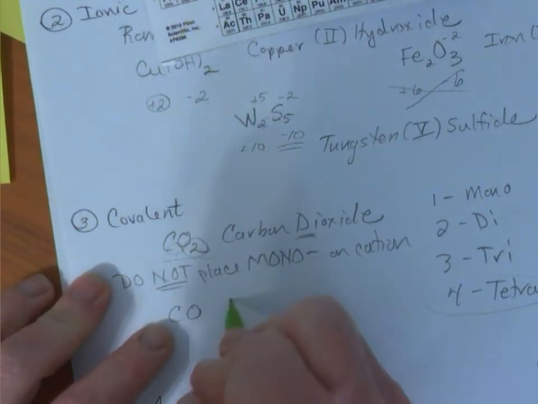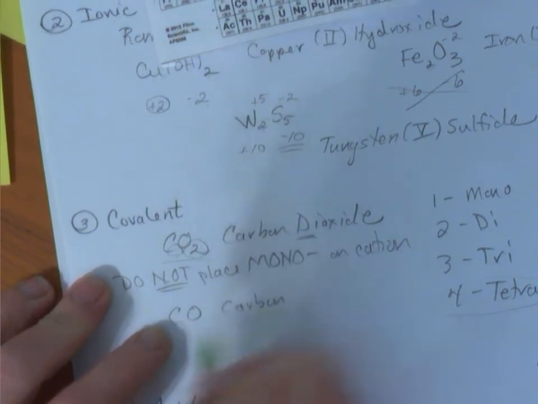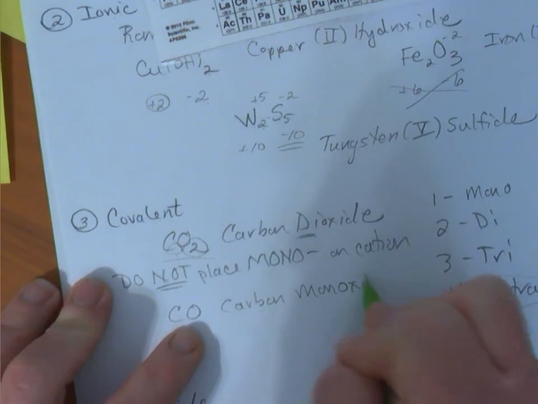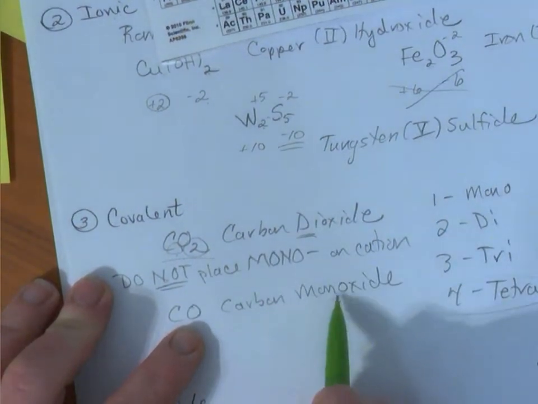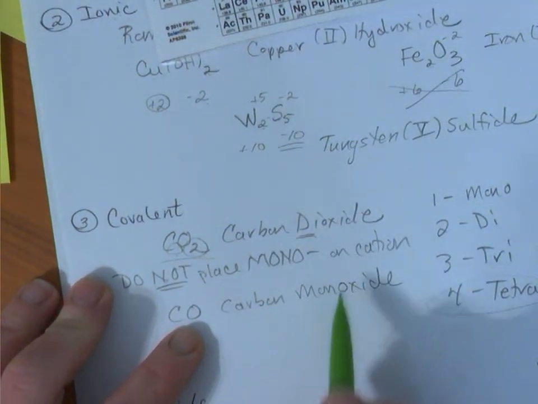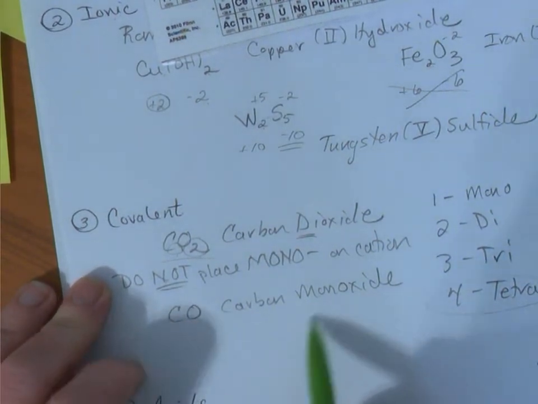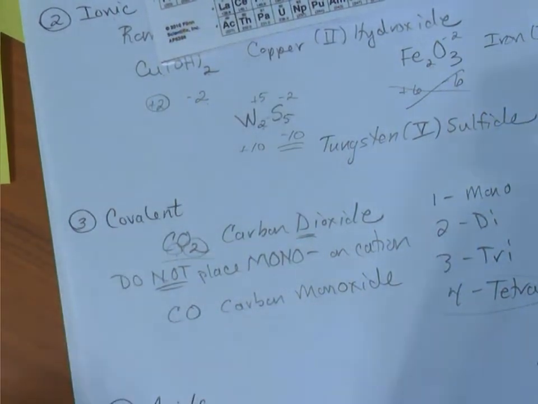This carbon, we don't use mono with our cation, monoxide. Now, if you wrote monoxide with two O's, I am totally fine with that. But we know that there's no two consonants in a row, but totally fine. Okay, so